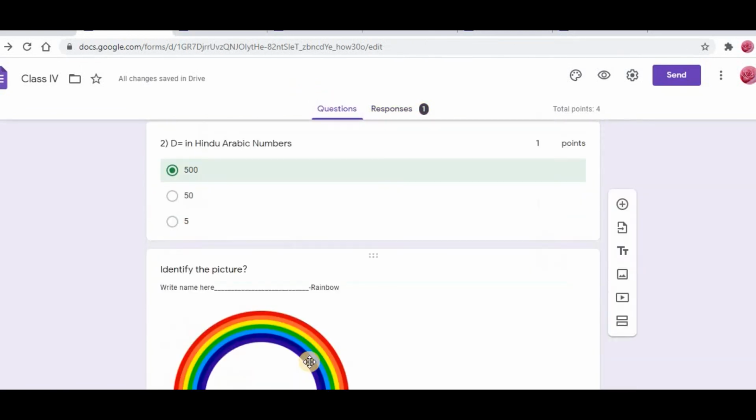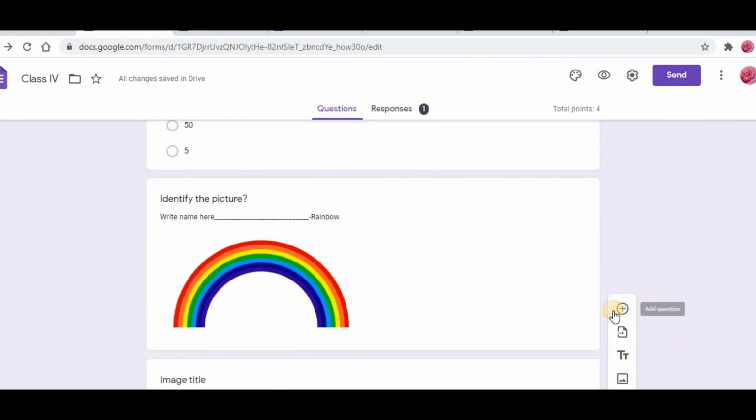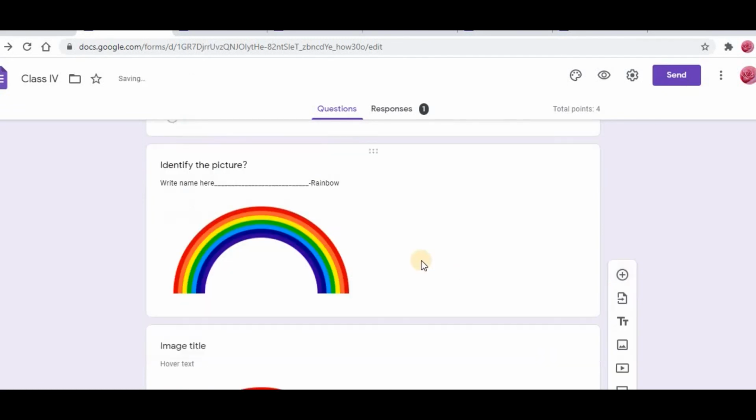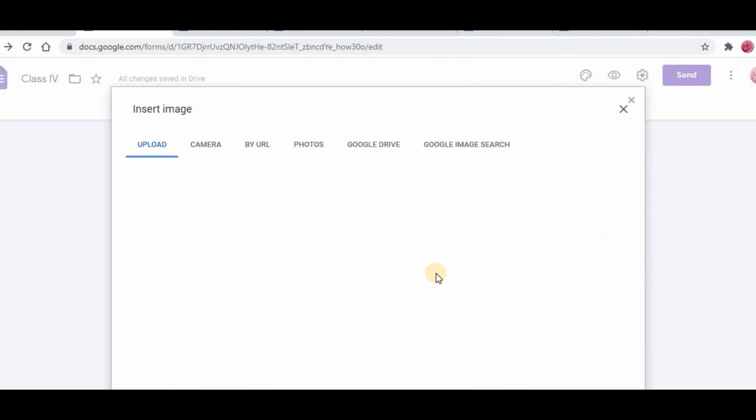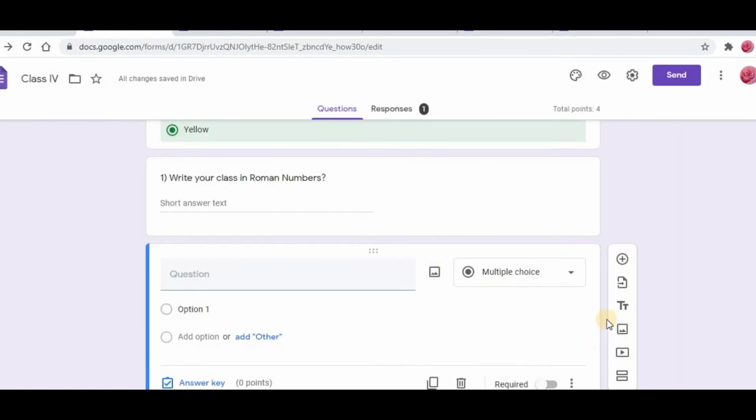So that is the reason we can go for multiple choice questions or matchings like this, because we have options like this. Just simply press on this, or if you want to insert any image, that also you can insert by this option, not only by going to the right hand side. Or if you want to add a video, this is nothing but adding a section, like we have sections in question papers. You can answer any three of the following, like that. You can add sections also.